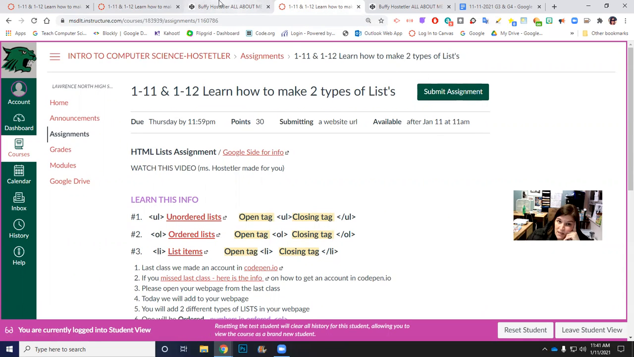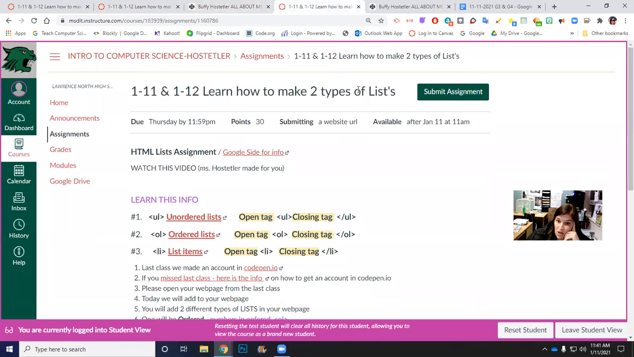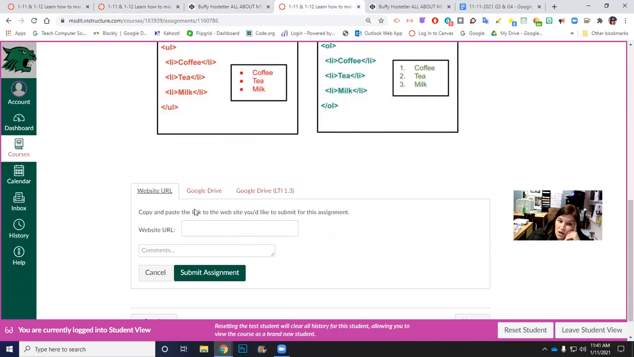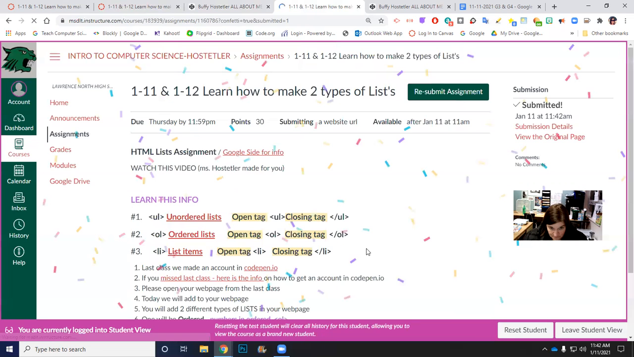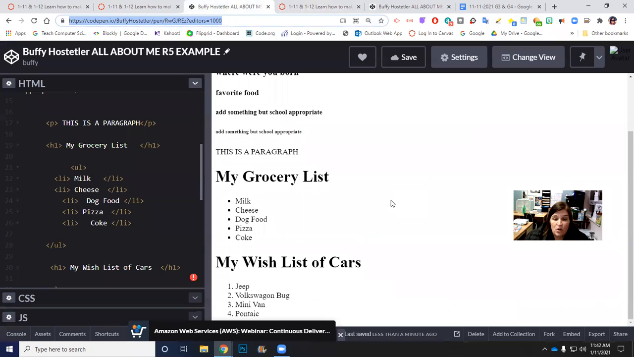So what I've done is I've highlighted, first I saved, then I highlighted, saved. Go into your assignment, click Submit. I am then going to have the website URL. I am going to Control V, paste it in there, and submit. And then I have the confetti. Okay? That is all we're doing today. So this is easy if you have